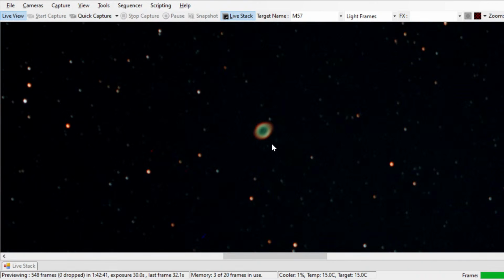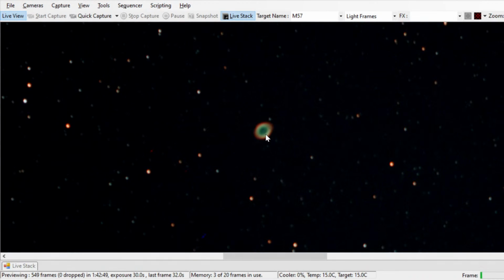And then if you look very closely, and it happens that in our live audience here, we've got this projected on a larger screen TV. Although it's slightly out of focus, I'm looking on this larger screen TV, and you can barely see that teeny tiny star that's illuminating all of this from the inside out. And boy, when we get rid of all these elongated stars and we get finer focus figured out for our next live stream, we'll have to come back to this and let you guys see this again because